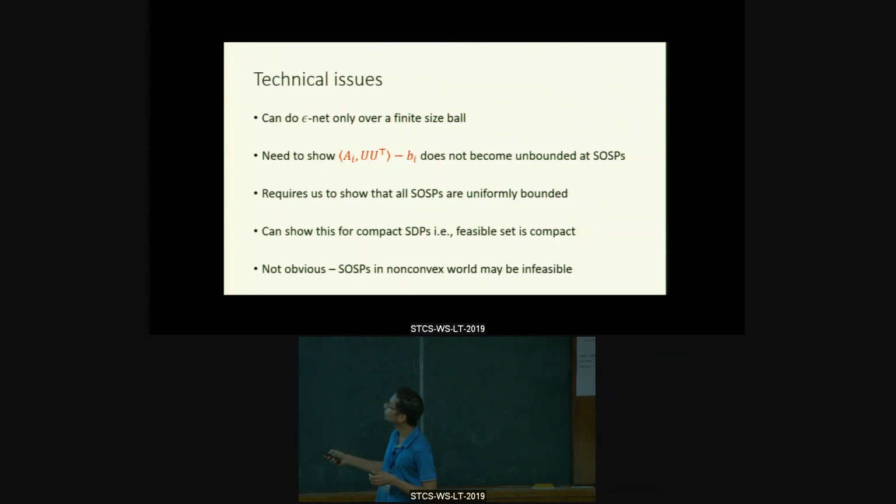especially at second order stationary points, because we are looking at this only at approximate second order stationary points. So if you restrict yourself to approximate second order stationary points, you first have to show that a i U U transpose minus b i does not become too large. So it's sufficient to do an epsilon net in a compact space. However, for that, as I mentioned, we need to show